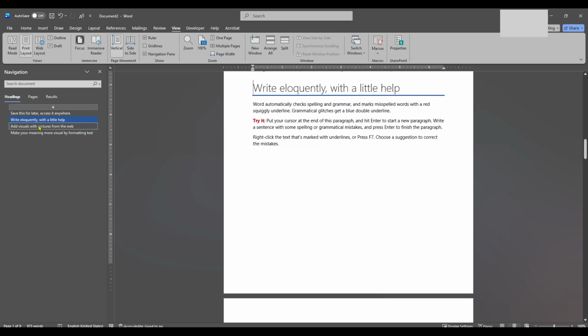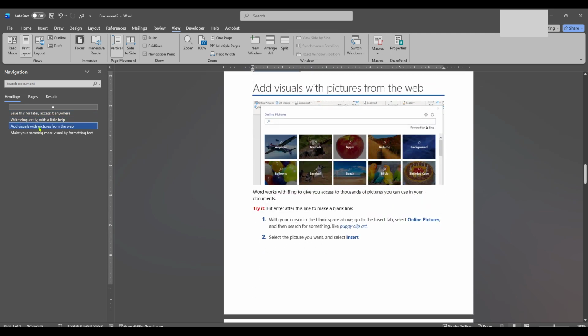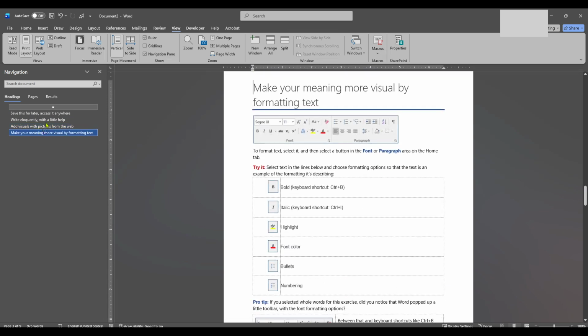Once you're satisfied with how your document is organized, don't forget to save your changes so that your hard work is secured. And that's it. Quick and straightforward. You've successfully learned how to rearrange pages in Microsoft Word. Try it out on your documents and experience the flexibility it provides in managing your work efficiently.